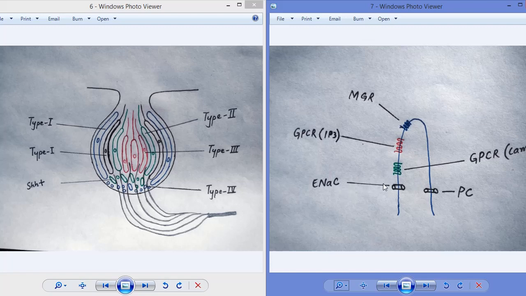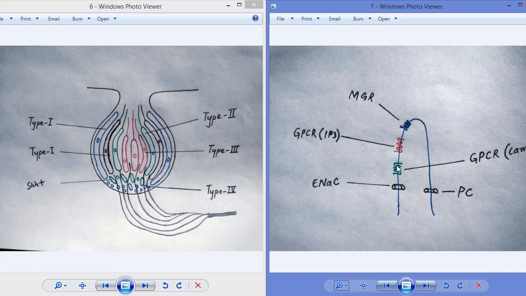When the sodium enters from the external environment to the internal environment, the positivity of the taste hair or the cell increases, which leads to the generation of electric potential, which leads to the generation of action potential. That action potential is transferred towards the base of the cell, which secretes neurotransmitter toward the dendrites of the neuron, that transfers the impulse to the cell body of the gustatory neuron. So the epithelial sodium channel is responsible for the detection of salty taste, and this is only present in the